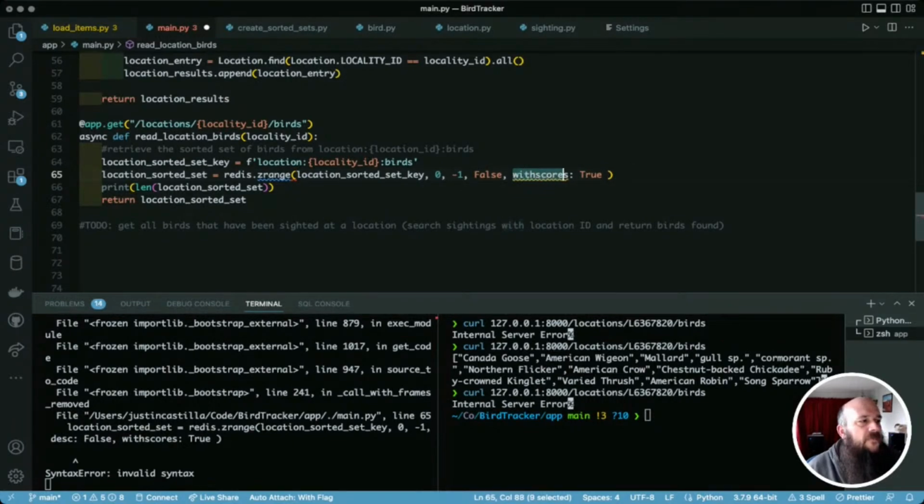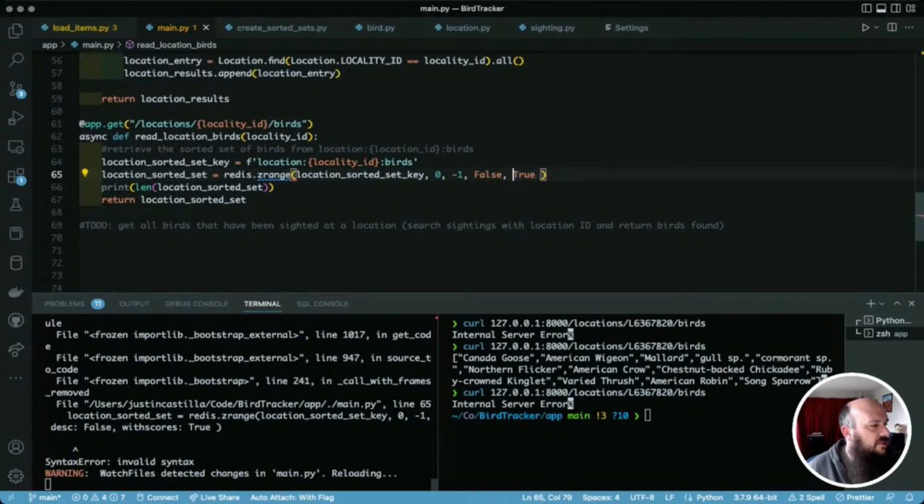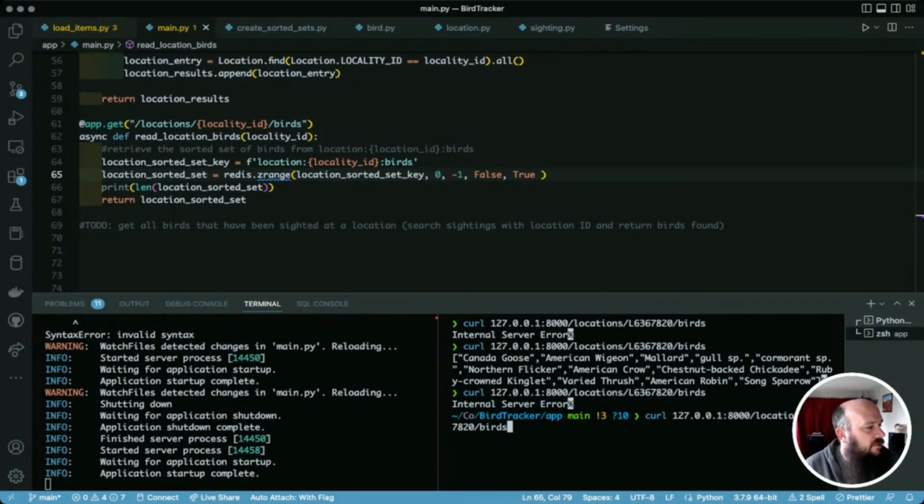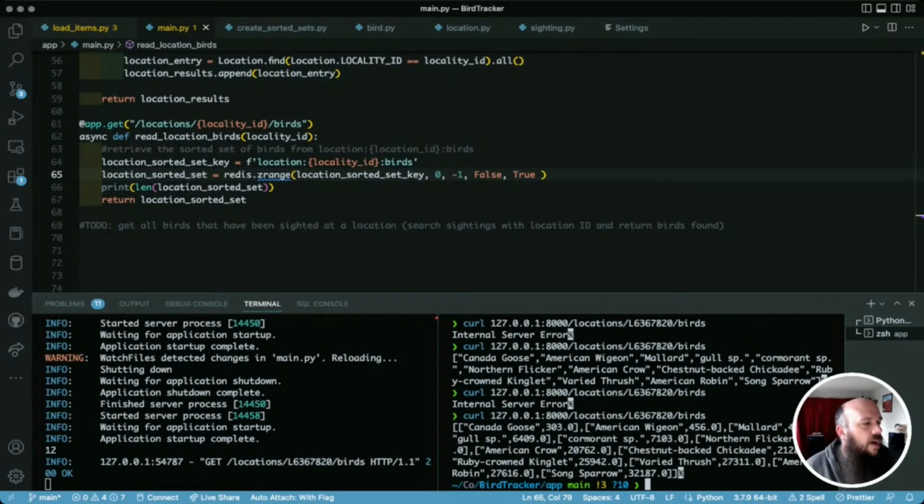I'm pretty comfortable with Redis. It's just going back into Redis Pi. I'm a little iffy. Oh, there we go. Yeah, I was right. Cool. So now we have